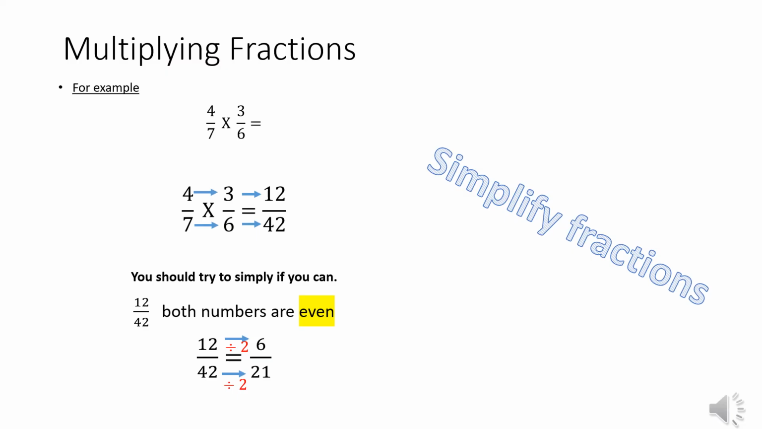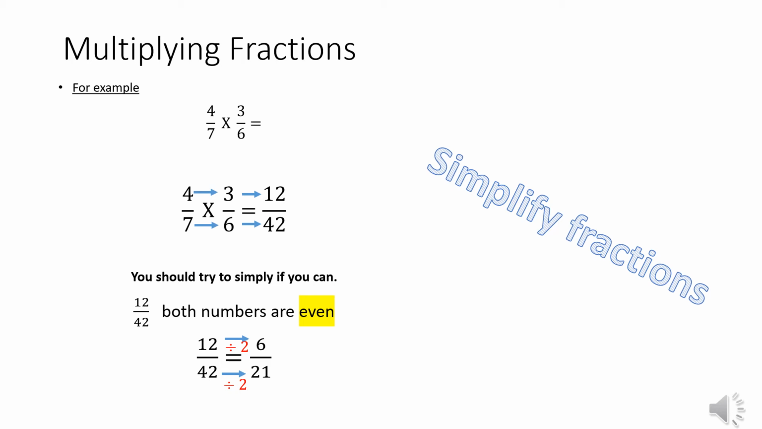Let's have a look at another example. So 4/7 multiplied by 3/6. And these are brilliant because they are so easy. We love these. 4 times 3, look, is 12. And 7 multiplied by 6 is 42. And that is it. We've done it. So the answer is